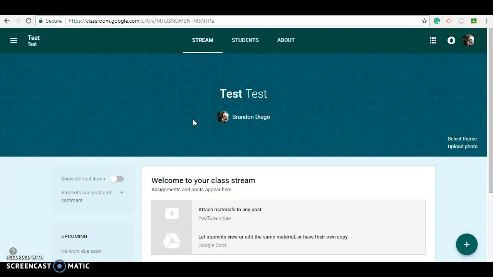And then you're going to want to add this little guy to your Google Chrome. It's called Google Classroom. Share to Classroom, to be more specific. And this allows you to share anything to your students. If you are a teacher and you use Google Classroom, this allows you to share anything to your students, any